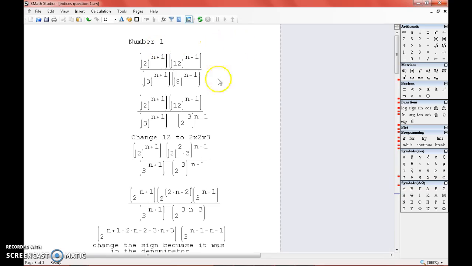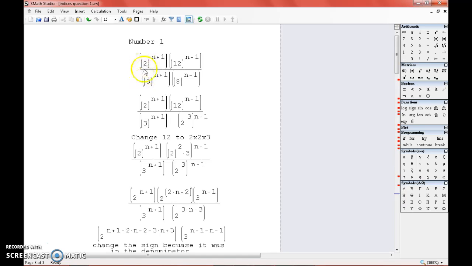So the first question that we'll be doing is 2 to the n plus 1 multiplied by 12 to the n minus 1, all divided by 3 to the n plus 1 multiplied by 8 to the n minus 1. When you see a question like this, you might be wondering how to attempt it. You just attempt it one at a time, and do what you can do one at a time. So the first thing I would say is try to convert everything into the smallest unit,